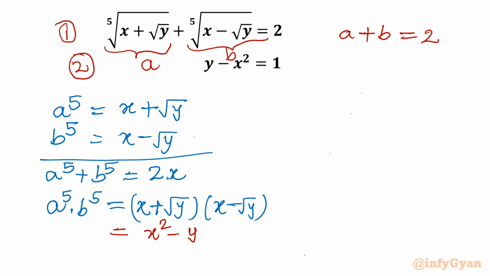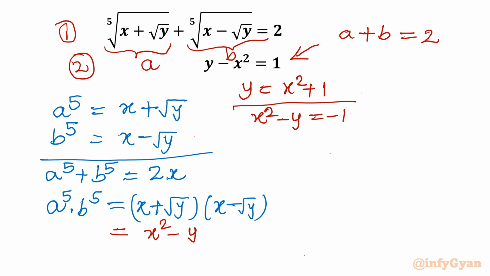And if you see equation number 2, y is equal to x square plus 1, or you can write x square minus y equal to minus 1 from equation number 2. So here I will put minus 1,